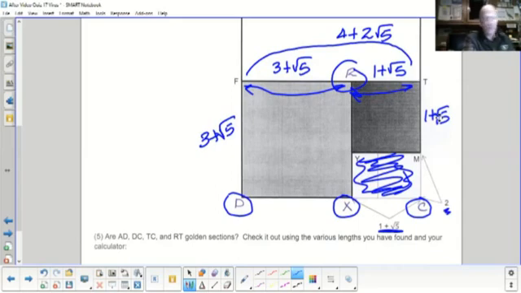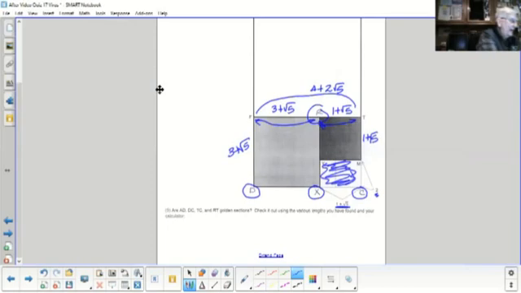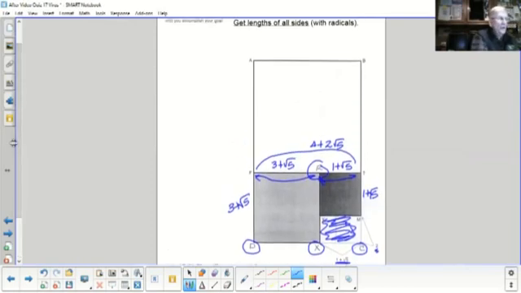Now, what I'm going to do is make the figure very small again so that we can take a look at the whole figure on your sheet. So I'm going to change my view back to 75%. I'm going to move it up. All my dimensions are still there. So if that's 4 plus 2 radical 5 right there,